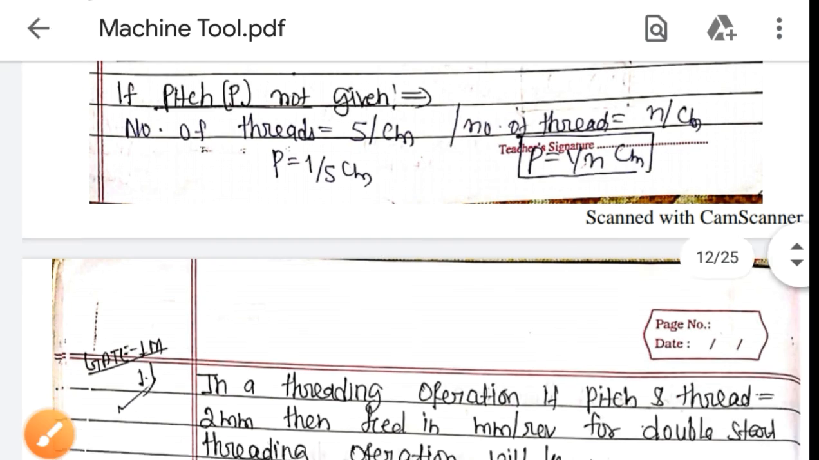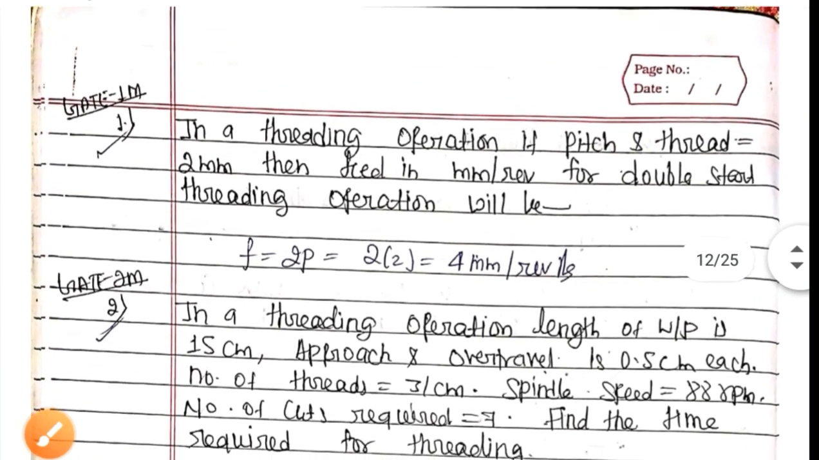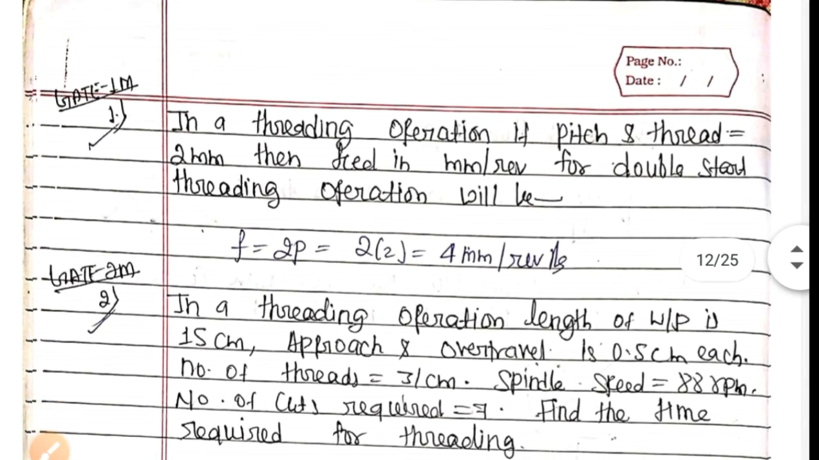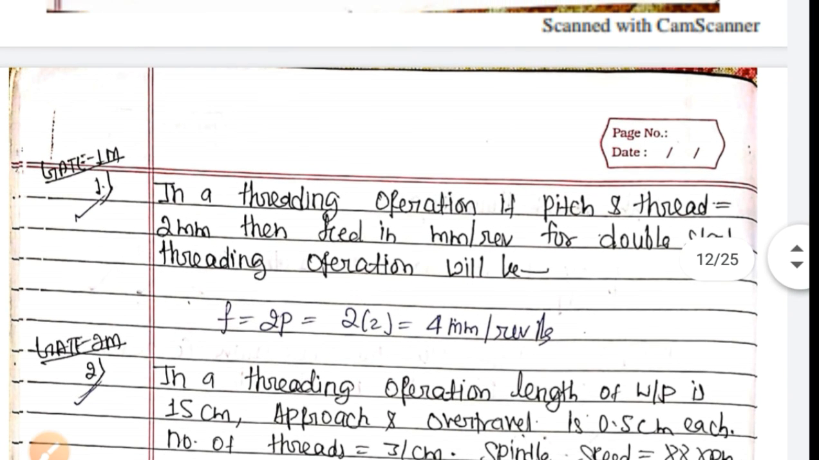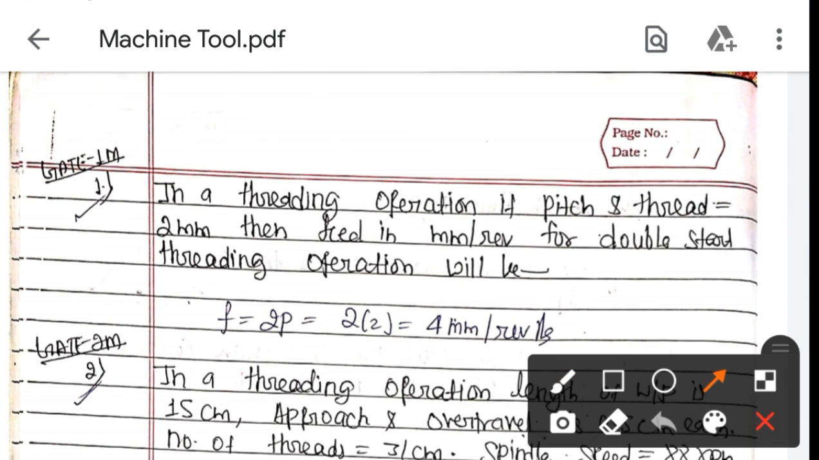Okay, so we'll look at one question from GATE which was asked for 1 mark. The question is: in a threading operation, if the pitch of the thread is equal to 2 mm, pitch is given as 2 mm, then the feed in mm per revolution for a double start threading operation will be. Here double start threading is given. So read the questions carefully. Double